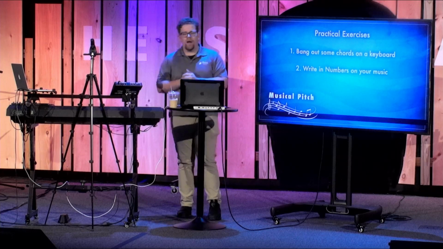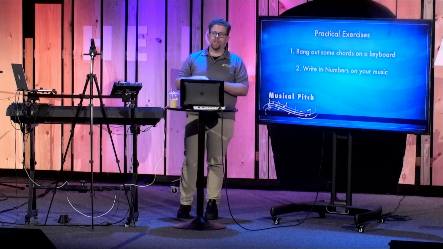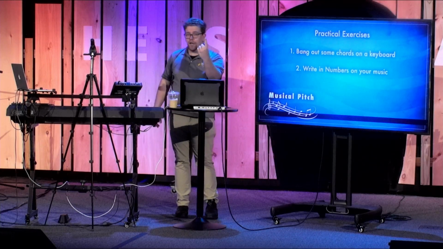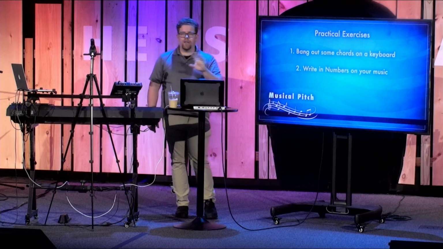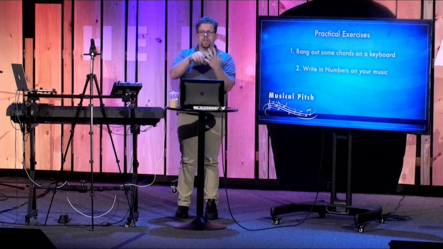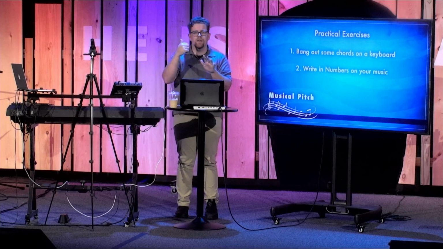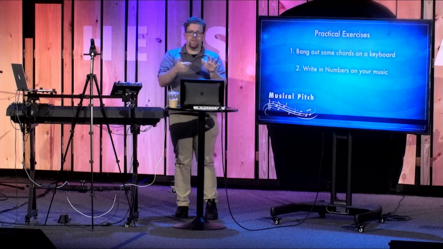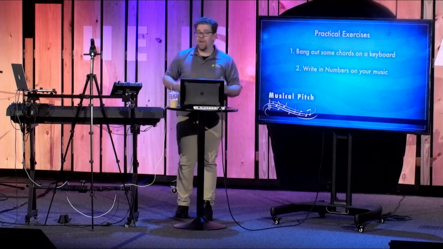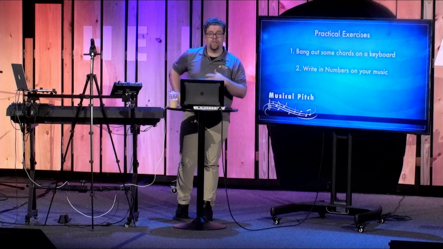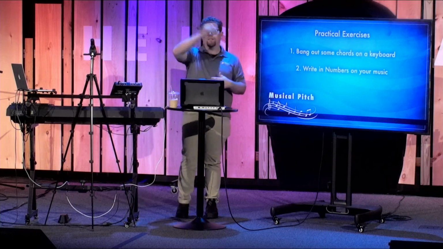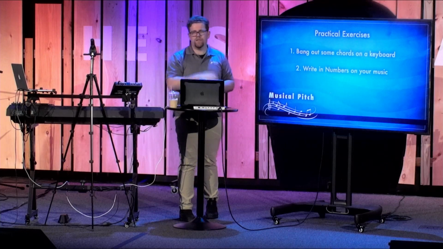You can go, okay, well, our charts all tell us what keys we're in. This chart says I'm in the key of G, so I know G is 1. And then I can just count up. G is 1, A is 2, B is 3, C is 4, D is 5, E is 6, F is 7, and then back to G is 1. And there's the F is actually an F sharp. But you know what? You don't actually need to know that, because you'll just see the F appear if you see it anywhere, and you'll go, it says F in it, so it must be an F.